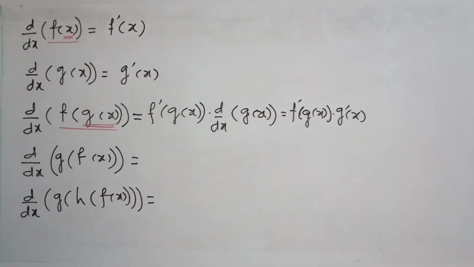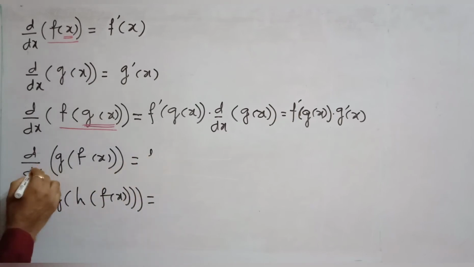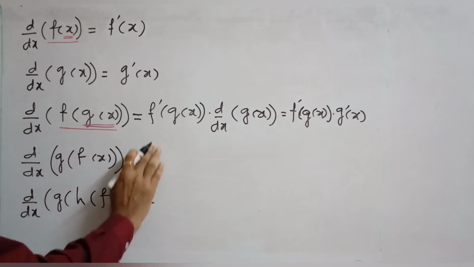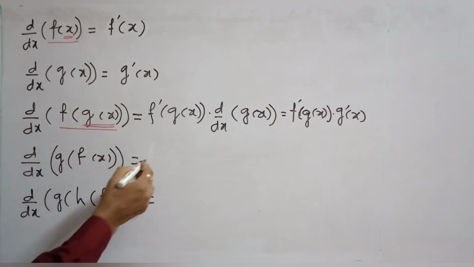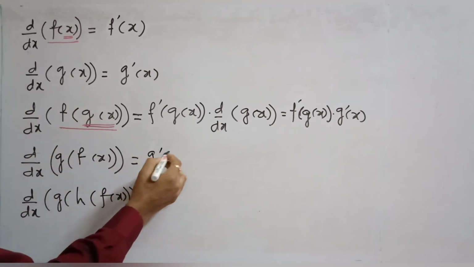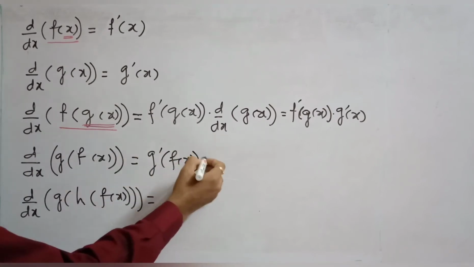What about this? I can leave it up to you, but still you can answer it. It's d by dx of g of f(x), just like d by dx of g(x) is g dash x, so d by dx of g of f(x) is g dash f(x) into d by dx of